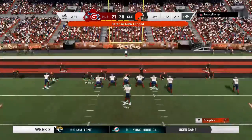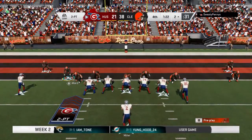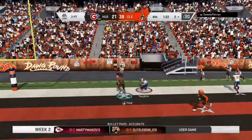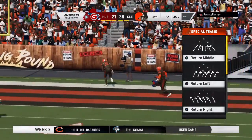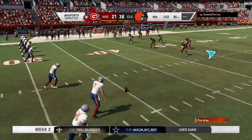And now they'll empty the backfield here as they elect to go for 2. From the gun, Miller. And it'll be intercepted. Picked up by Keanu Neal. Well, that was almost a 4-point swing. The interception, if he had returned it all the way, would have been 2 for them, but just a little